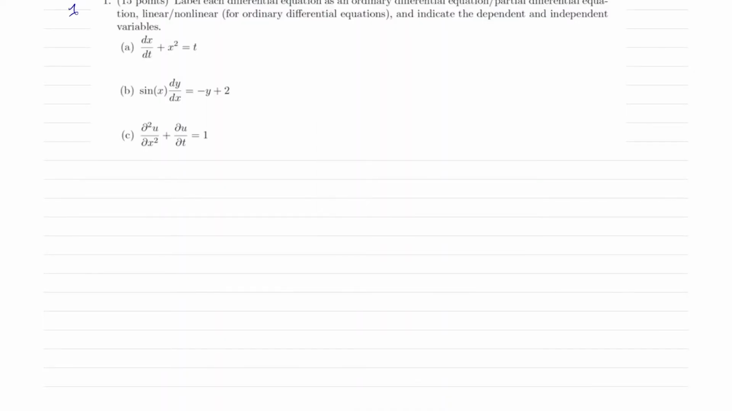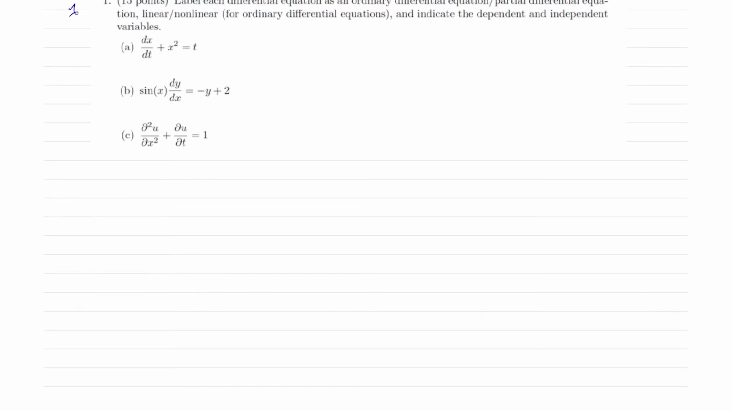Okay, everybody. So this is going to be something like a speed run through exam 1 and 2. Just give you a quick review and talk about how to do all these problems. So let's go ahead and get started. So this is question 1 from exam 1. It says label each equation as an ordinary differential equation, partial differential equation, linear, nonlinear, and indicate dependent and independent